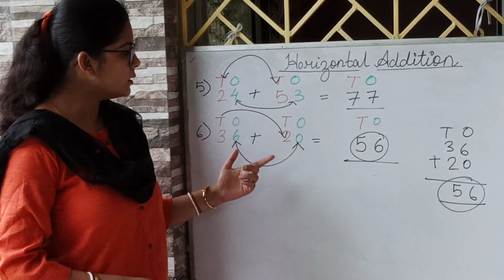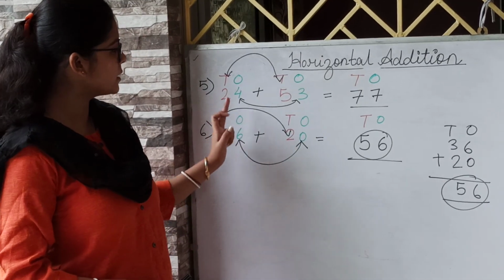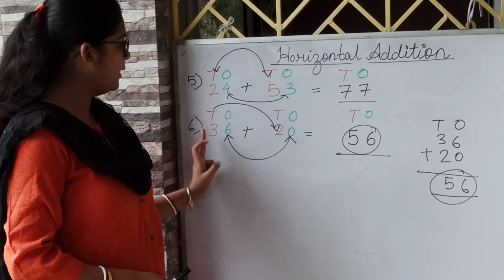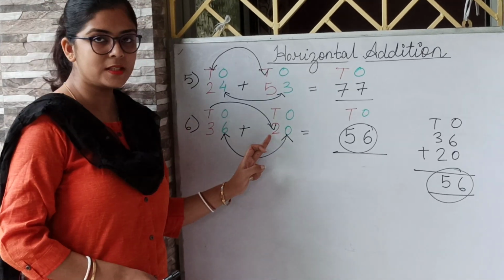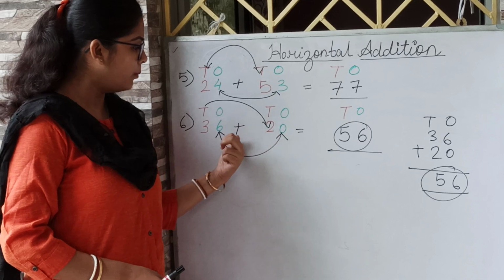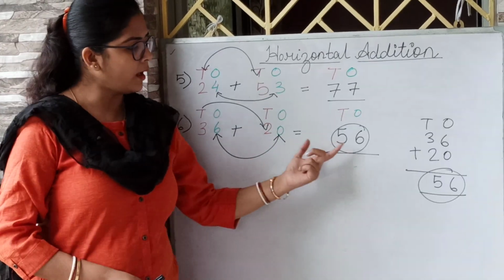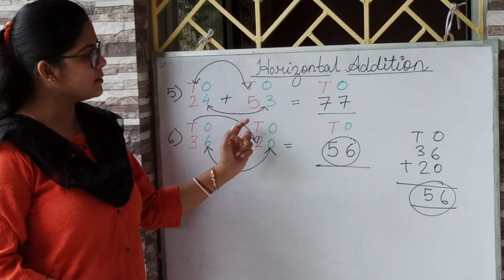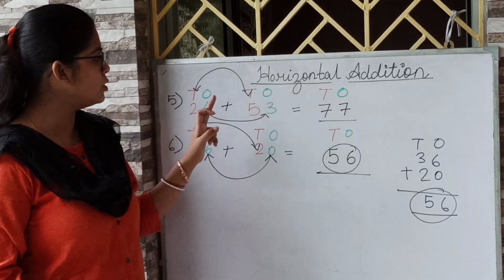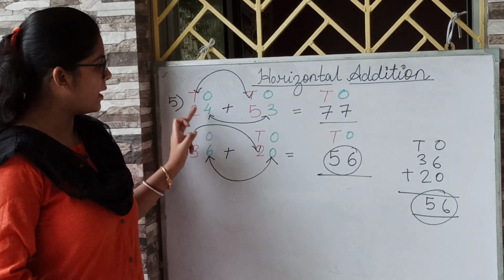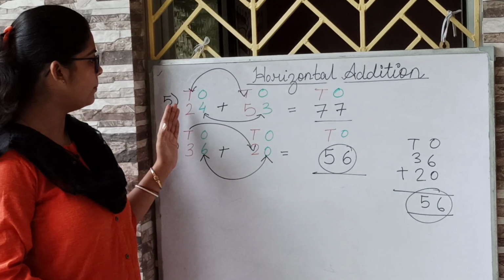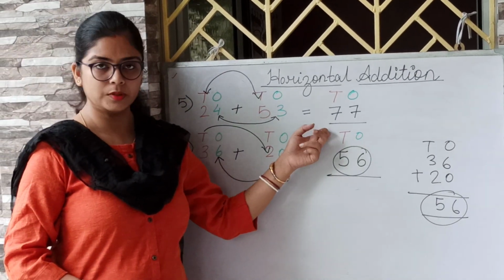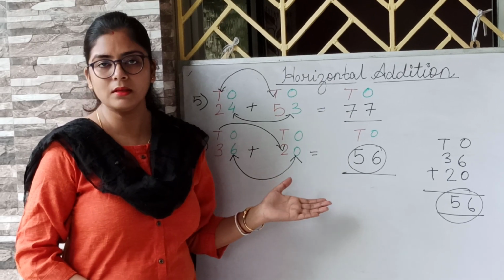Understood? In horizontal addition of 2 digits, you first add the ones place digit with the ones place digit, and then you add the tens place digit with the tens place digit of the number after the plus sign, and put the answer according to the place. Like when you add 4 plus 3, the answer will be written in the place of ones only, because you are adding the digits of the ones place. Same, when you are adding the digits in the tens place, you will write the answer in the place of tens. The 6 examples are clear to you.